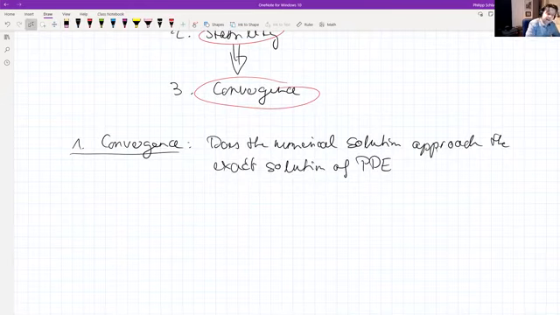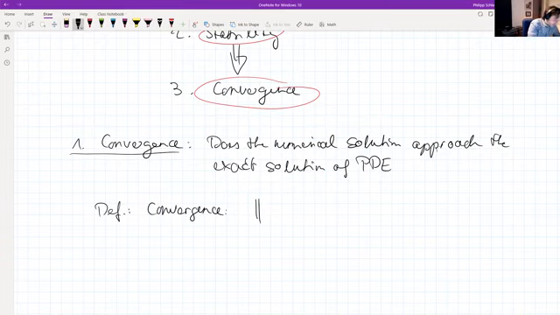That is the idea of convergence. Do I converge to the right solution? And also here I can write that a little bit more formal. The definition of convergence is that some norm of the difference between my numerical solution and the exact solution,